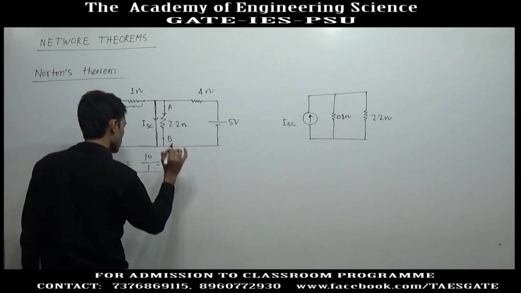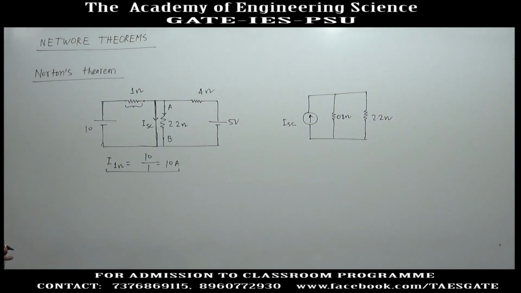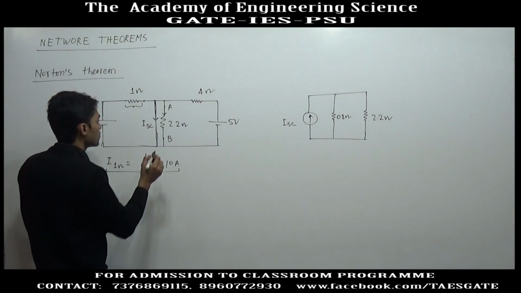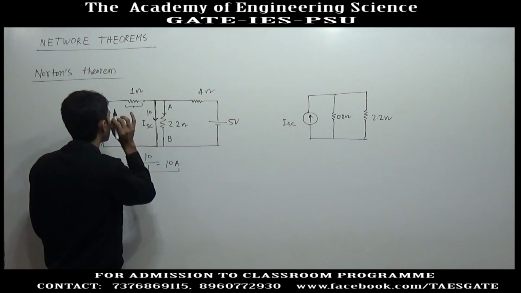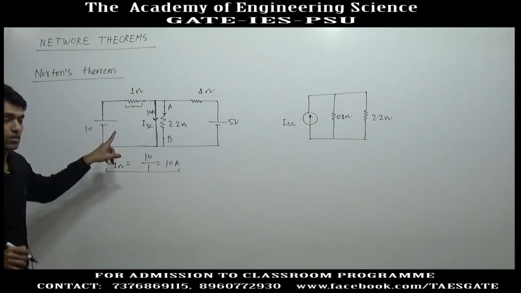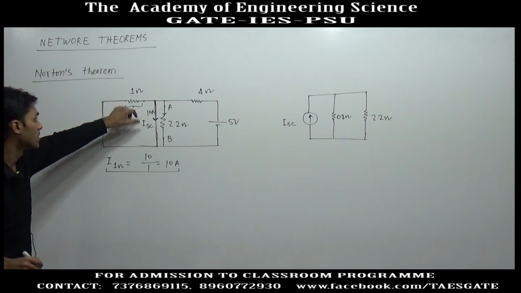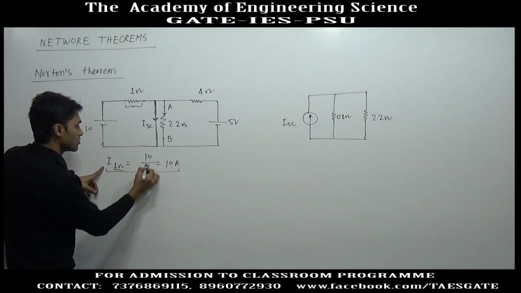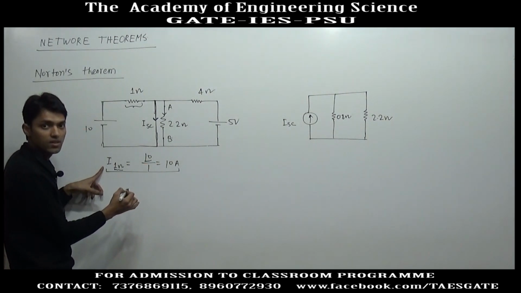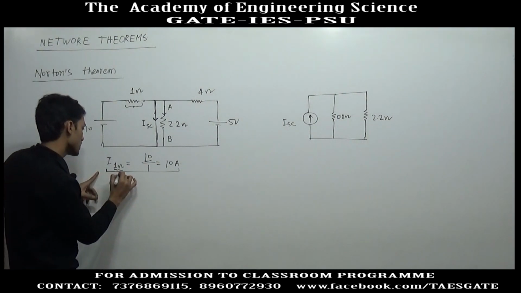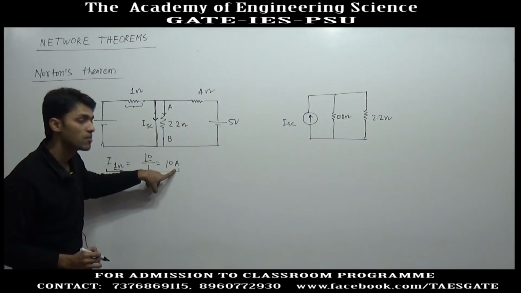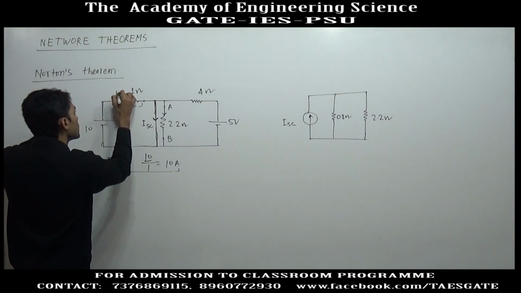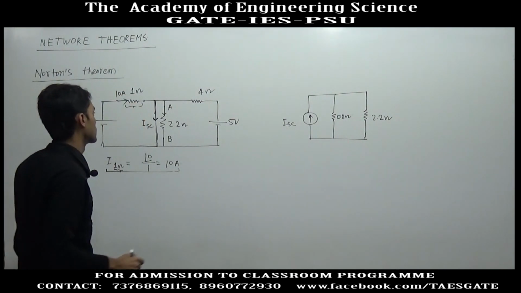Now again the question is, where will you show this 10 ampere current? Can you show 10 ampere current here? This will be wrong. You cannot show 10 ampere current here, because the formula is the current in a resistance equals the voltage across the resistance divided by the value of the resistance. So you have to show this 10 ampere current only in the resistance. So we will show here that 10 ampere current will flow through the 1 ohm resistance.